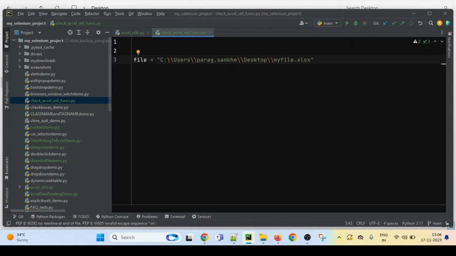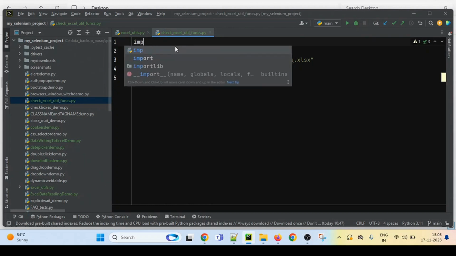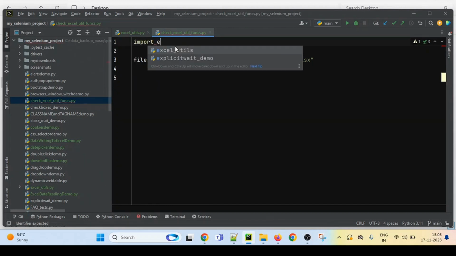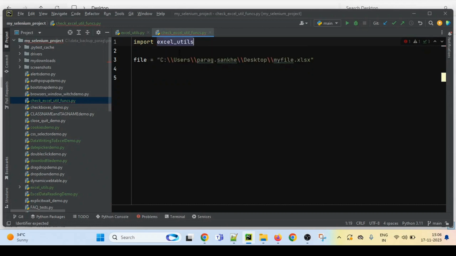Yeah, so this is the file path. After that, we will call the Excel utils functions. The first step is to import the Excel utils Python file, so it will import the Excel utils functions. Now first we will perform